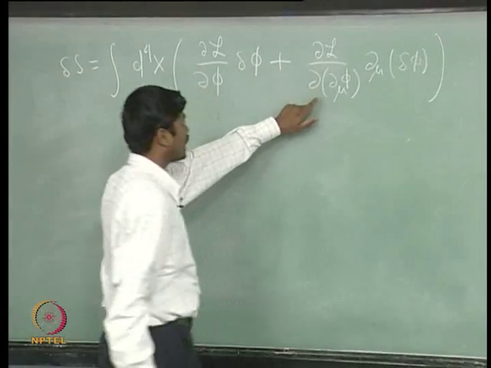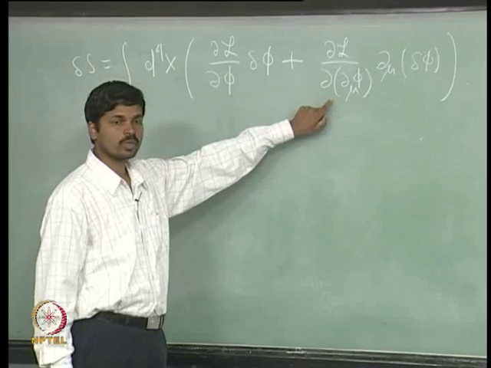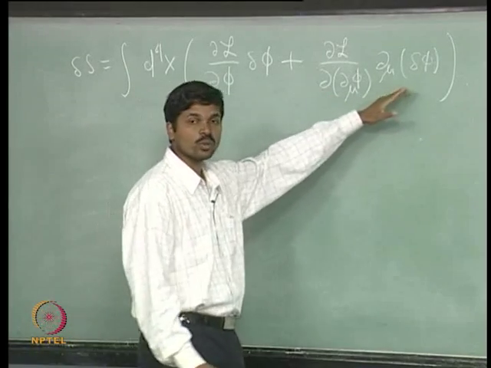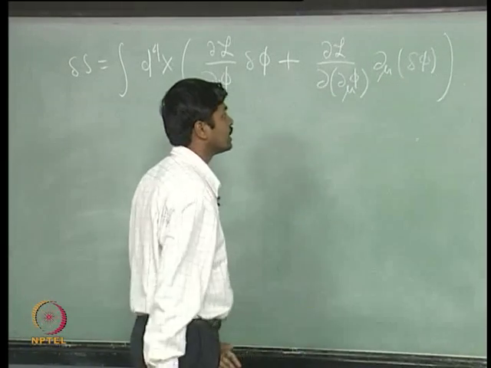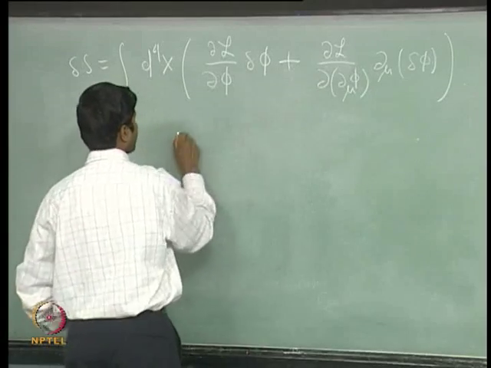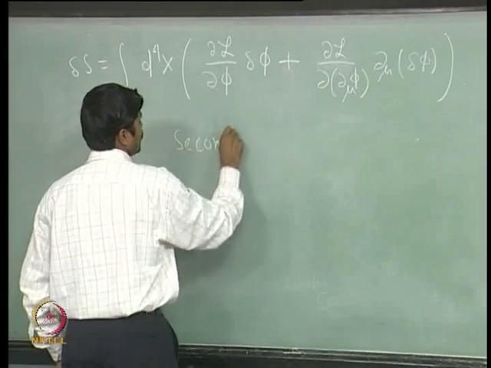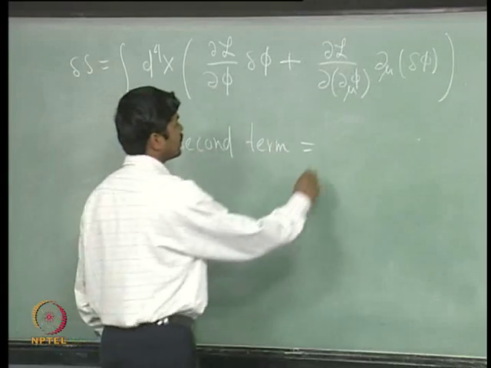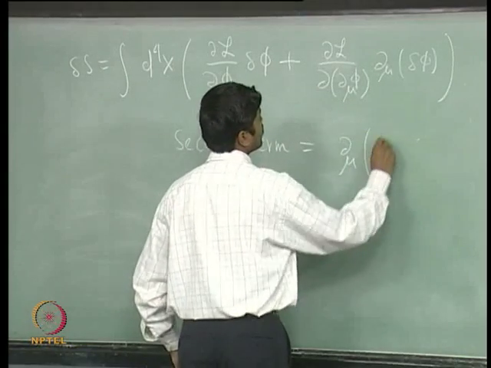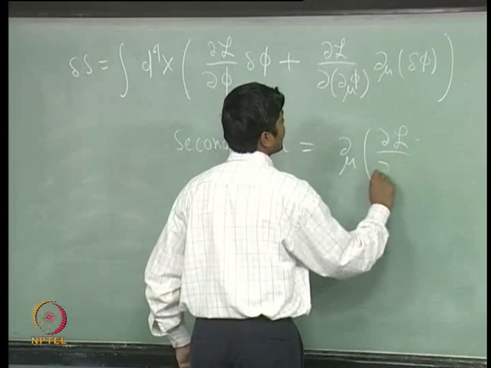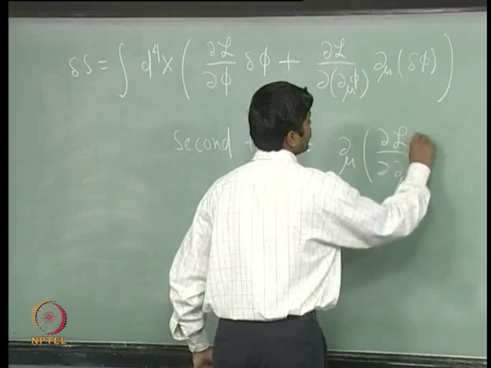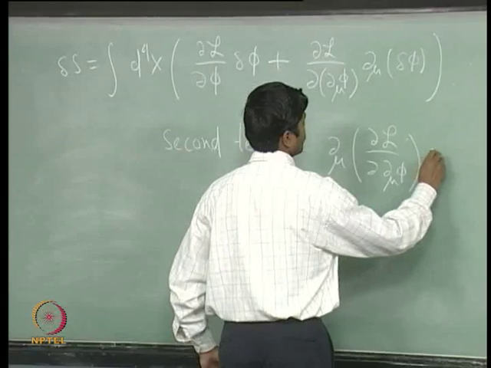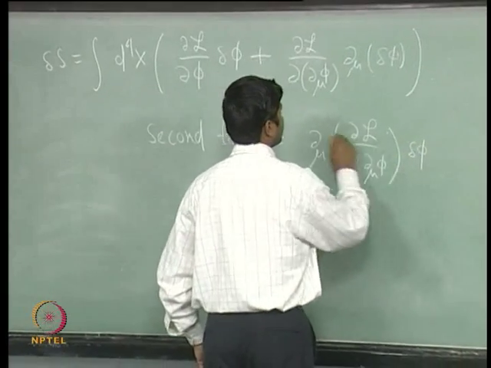Now, what I will do is take the second term and write it as a total derivative minus some quantity. As you can see, the second term can be written as del mu of del L over del mu phi times delta phi